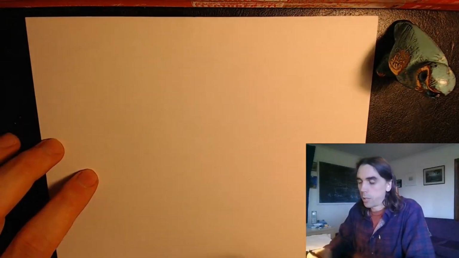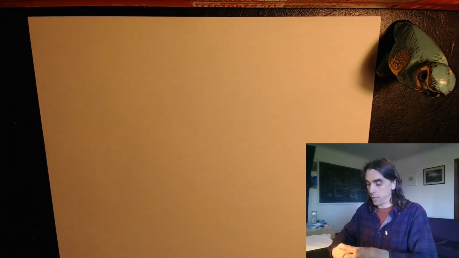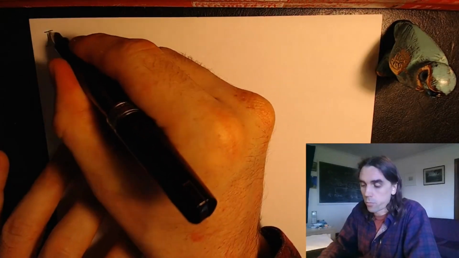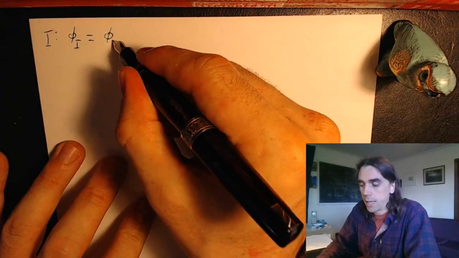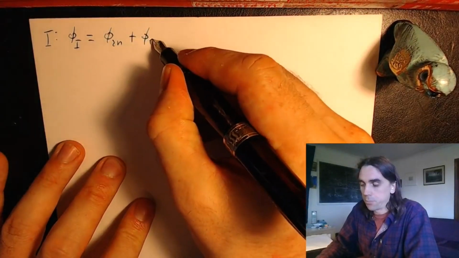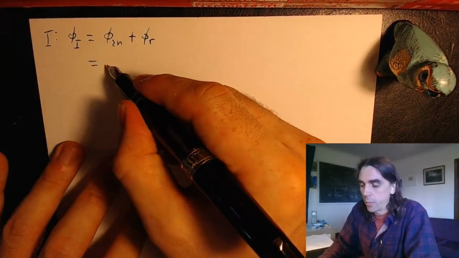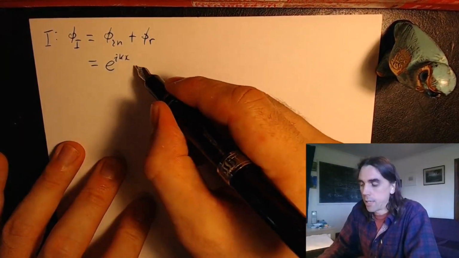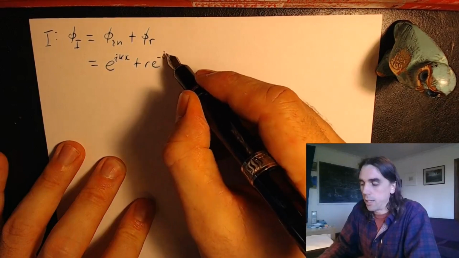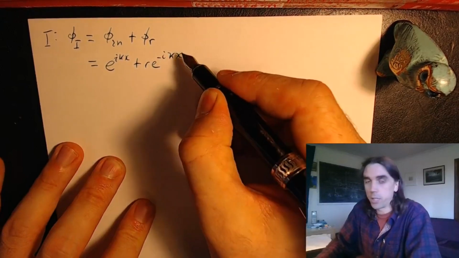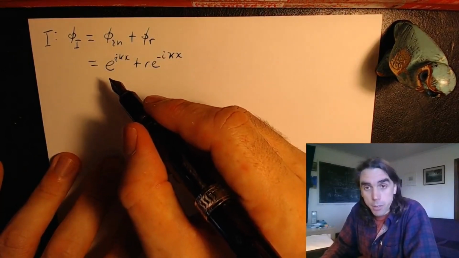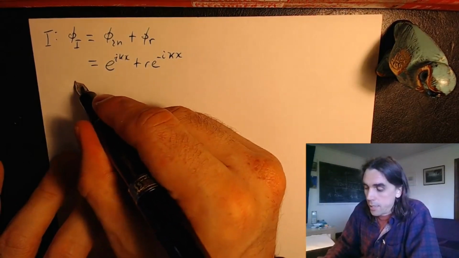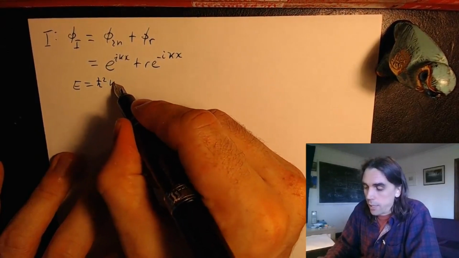Okay, so we'll go a little bit faster than we did in the last one, but the working is very much the same. So in region 1, we'll have phi 1, which is equal to phi in plus phi reflected. And this can be written as e to the i kx plus r e to the minus i kx, just as before. Nothing's changing in region 1. Substitute it into the time-independent Schrödinger equation, and we'll find that E equals h bar squared k squared over 2m,